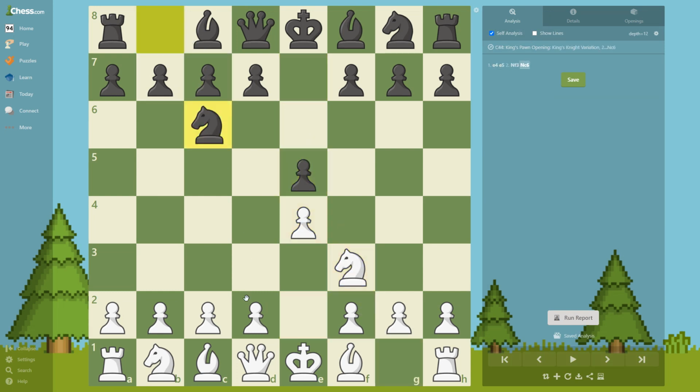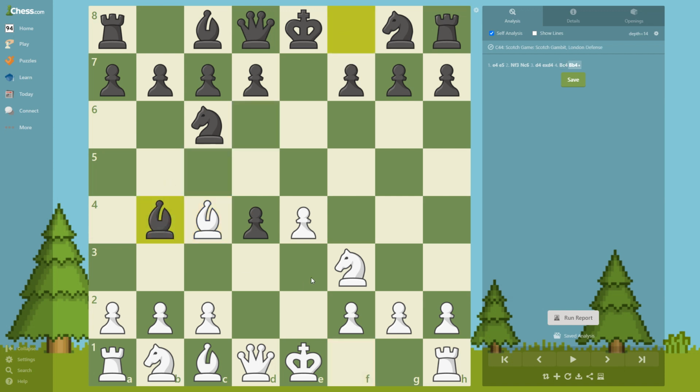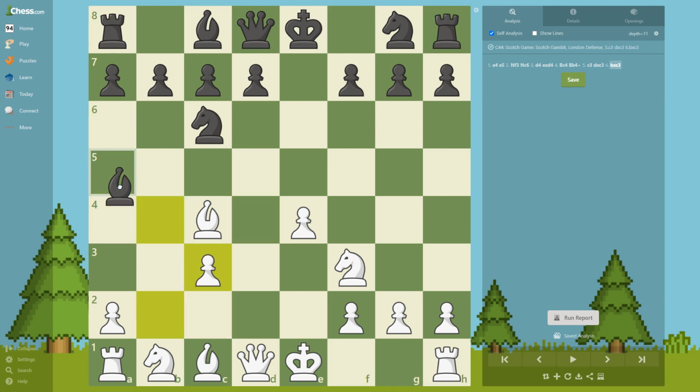I'm just gonna move pieces here. We have seen what happens if black plays bishop b4, takes, and he goes here. We have seen what happens if he goes here, or if he goes here, or any other move. I guess those two moves. So now he goes